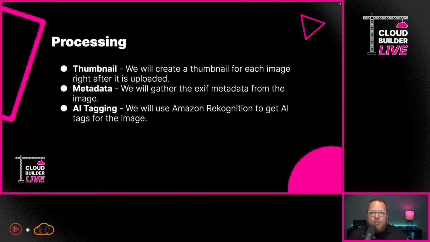And I want to be able to take this, give it an image and say, hey, give me labels. Now, a label is basically just what does that computer vision model see, right? Maybe it sees a tree or a mountain or a person, those kinds of things. And it even will tell you where it sees that within the image. So we're going to utilize Rekognition as well. So we want to do AI tagging.